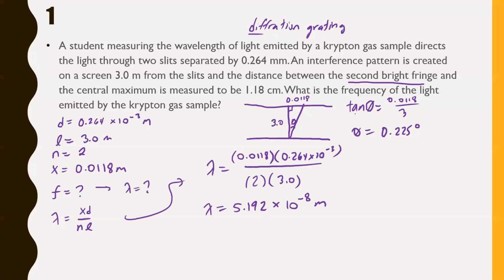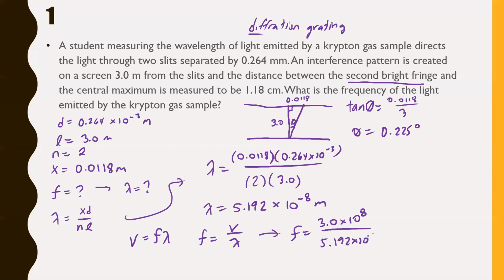We're looking for our frequency, but remember by the universal wave equation, we know V is equal to the frequency times the wavelength. That is also on your formula sheet. We can rearrange this just by dividing by lambda on both sides. So we can say that frequency is V divided by lambda. V in this case, of course, is the speed of light, and that is known. So we can say F is equal to 3.0 times 10 to the 8, speed of light, divided by lambda, which is